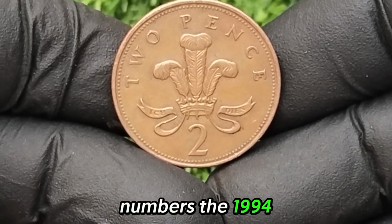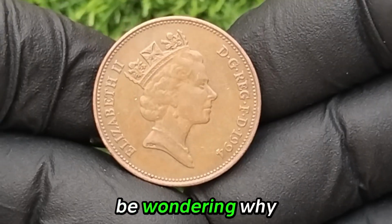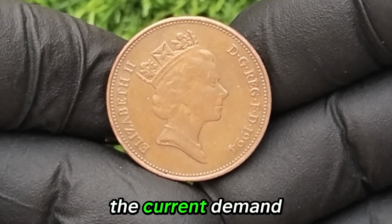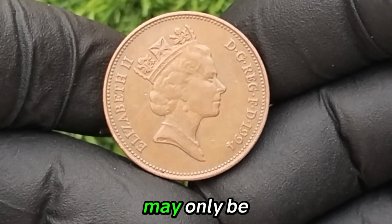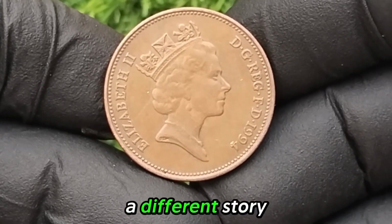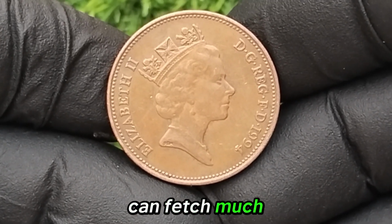The 1994 2-pence had a large mintage. Over 400 million coins were produced that year. So, you might be wondering, why would this coin be valuable? Well, it's all about the condition, possible errors, and the current demand in the collectible market. While circulated examples may only be worth their face value, 2-pence coins in extra fine, almost uncirculated, or proof condition are a different story. Coins with original luster, sharp details, and no major scratches or damage can fetch much higher prices with